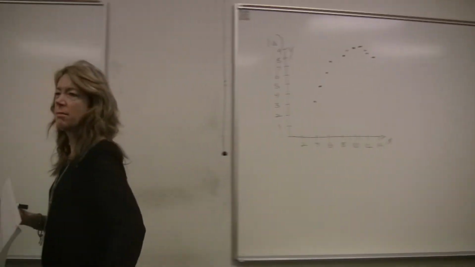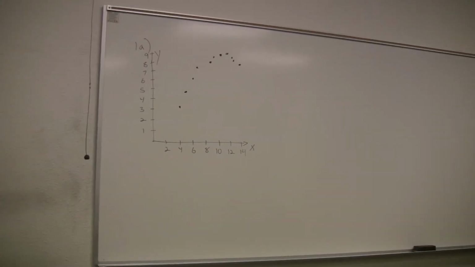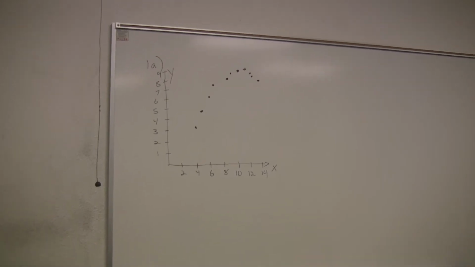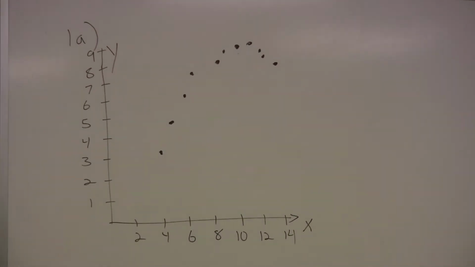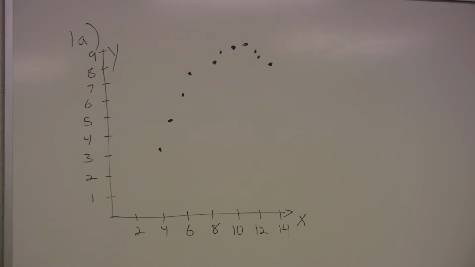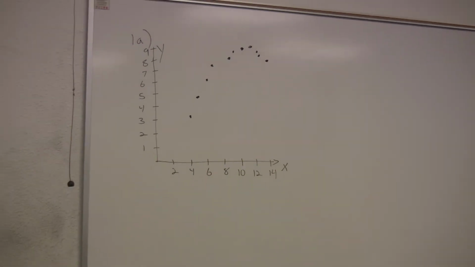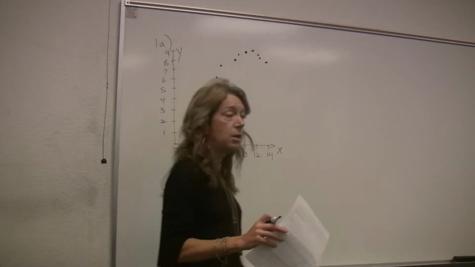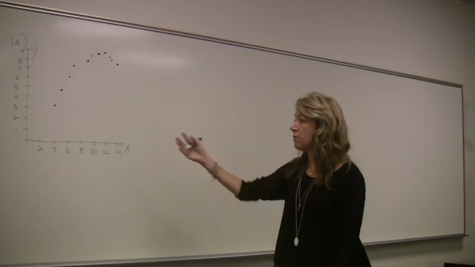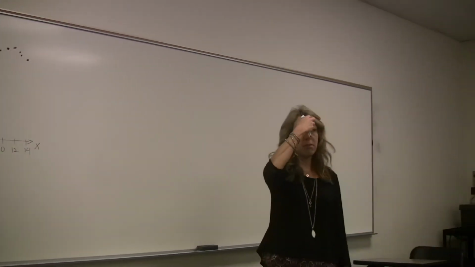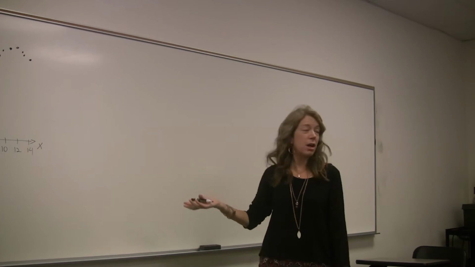Did you get something like this? Mine's kind of smushed together because I don't have my graph paper there. Yours is probably better, but look something like that. So that's an example of a scatter plot. We did scatter plots, like I said, back in August, which feels like forever ago. So now if I handed you this one along with those other ones we did earlier at the top of the page, and I asked you to estimate R,